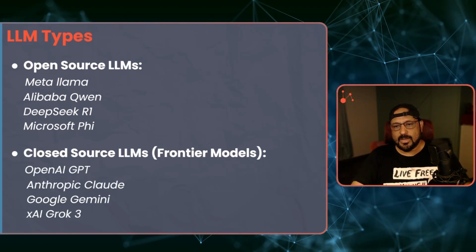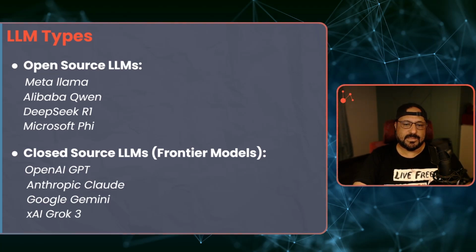Now these are the frontier models, also called closed source LLMs. Closed source means the source and its number of parameters are not known to the public. It is proprietary and held by the companies or organizations creating them. OpenAI has the GPT series of models. The latest one is, I think, GPT-o3, which is their frontier model. Anthropic has various series of models. Their state-of-the-art model is called Claude. Google has Gemini, and recently